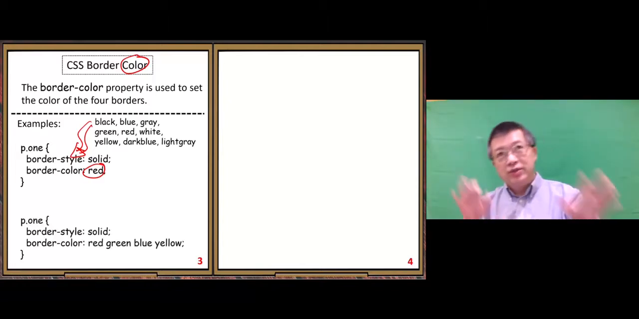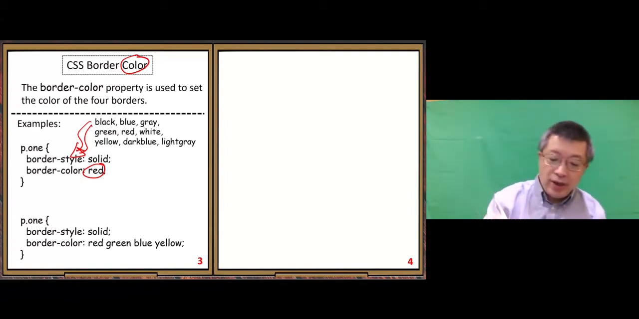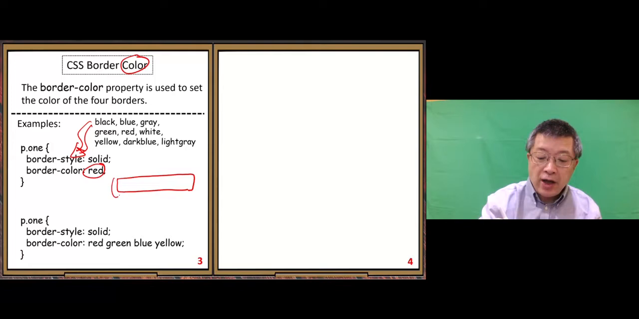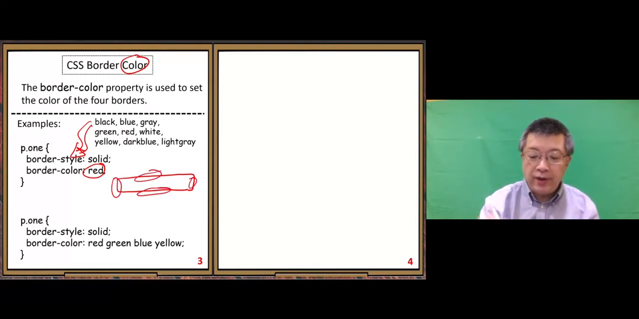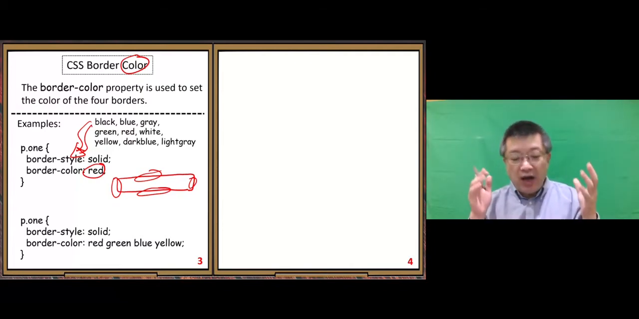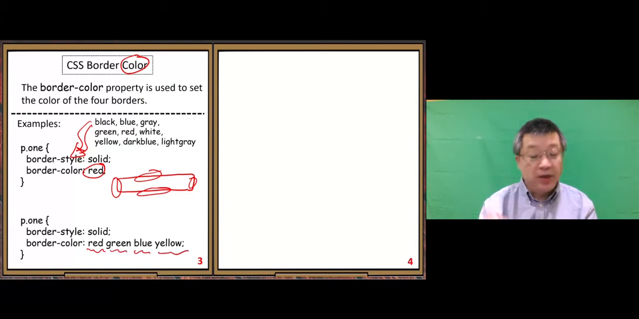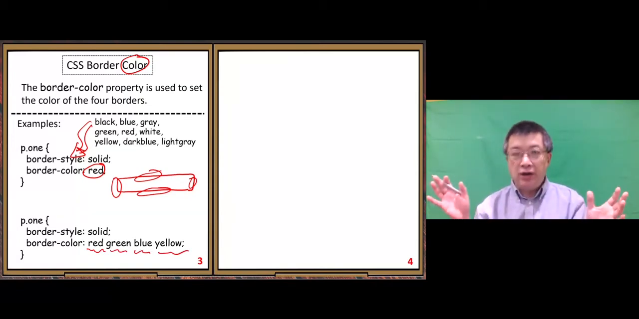Next one. Remember, when we assign colors to the border of an element, there are 4 sides of the border. So we can specify 4 different colors. If you really want, you can do that: 4 different colors for 4 sides. But